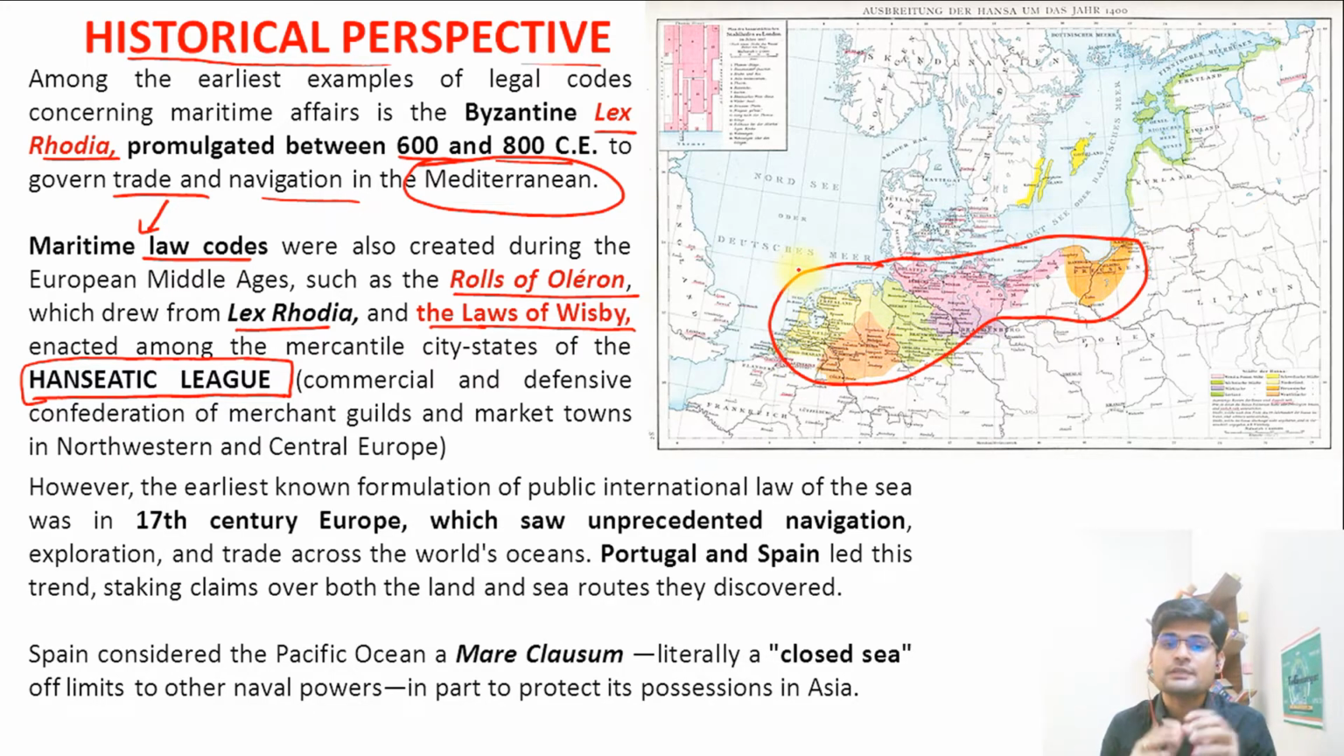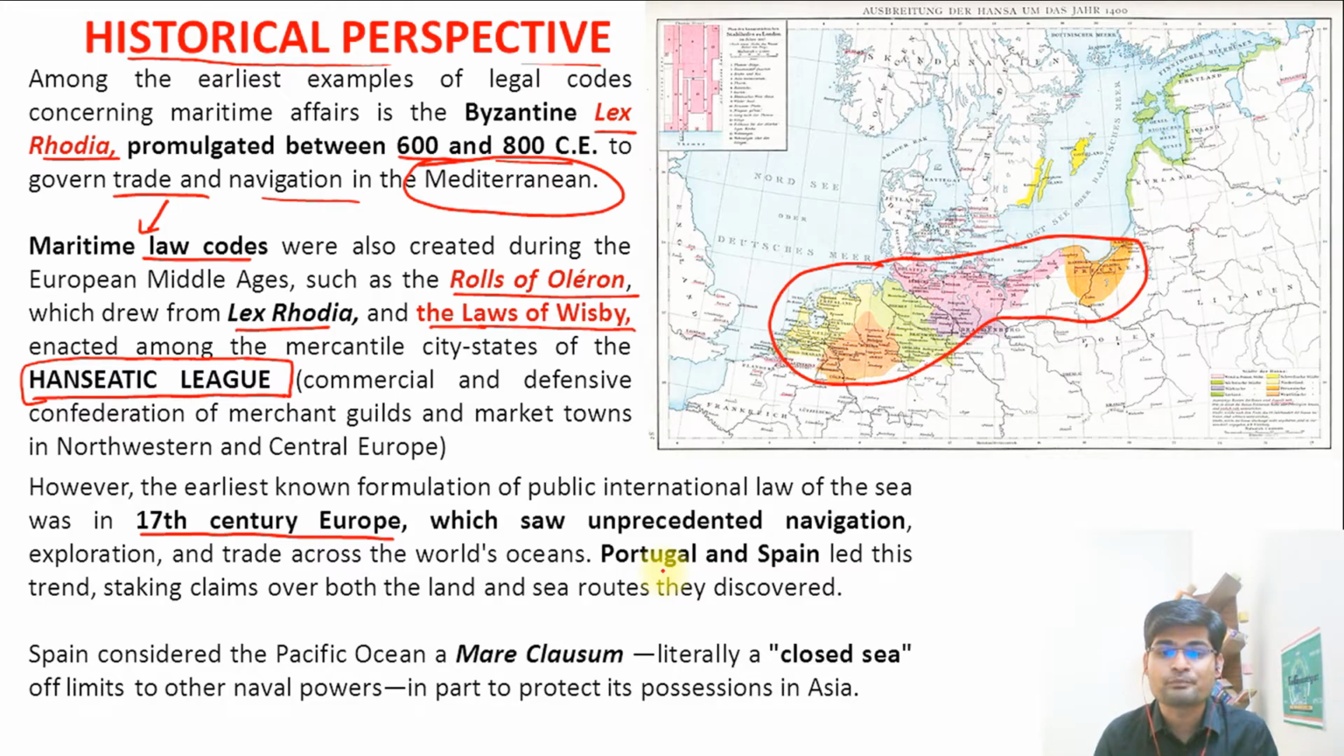So this was the period where most of these maritime laws were in action, from where we moved into the international public law of the sea only in 17th century Europe. And why? Because of the unprecedented growth in the navigation sector. Remember, the world was being polarized because Portugal, Spain, Britain, all of them were at sea, and many times they were also at war at sea. So that was an important point to remember here, that because of this there was a need for an international